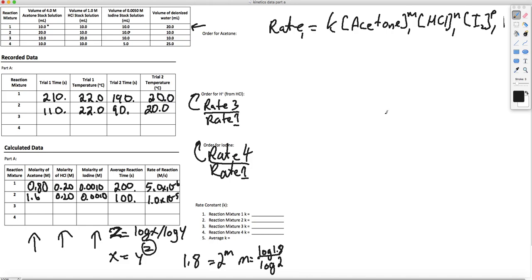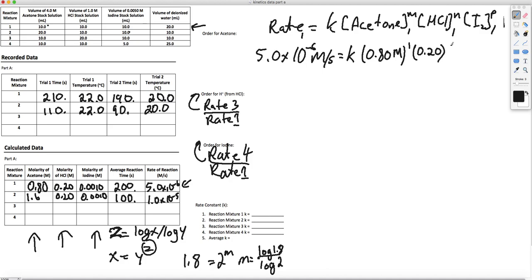Now we do have some information here. We do have the rate, which is 5.0 times 10 to the negative 6 molar per second, which I picked up off here, right? Next, I've got my K, and I've got acetone, which is going to be 0.80 molar. I've got an M value of 1, and for HCl, I've got 0.20,